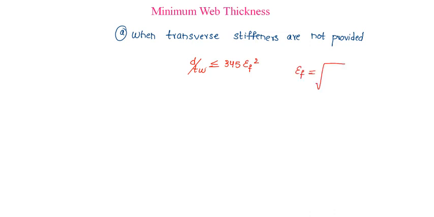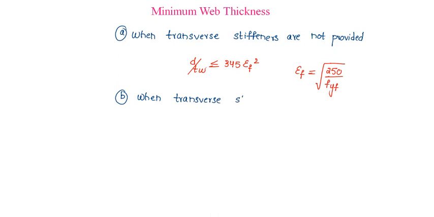when transverse stiffeners are not provided, then the condition is d by tw should be less than or equal to 345 times epsilon f square, where epsilon f is equal to under root of 250 by fy of the flange, whereas when transverse stiffeners are provided,